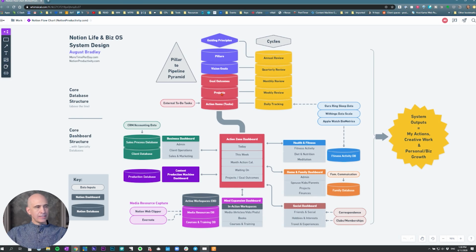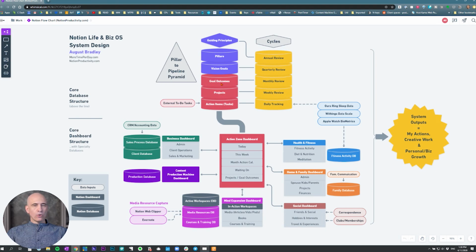Directly above that is another database called projects. This week we'll be doing a video on the projects database. That is the next level up. That's the next most numerous. Now, the projects are broken down into many tasks, which is why the database under it, the task database, is bigger and a broader base on the pyramid. Then we come up to projects, and we do have a lot of projects throughout any quarter or any year. So projects is pretty broad, but not as broad as the tasks.